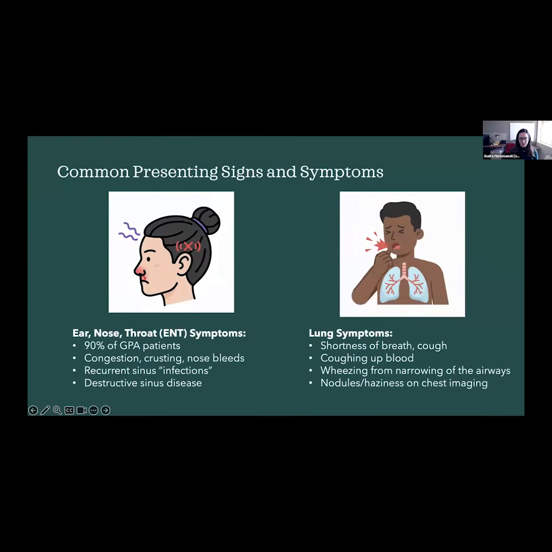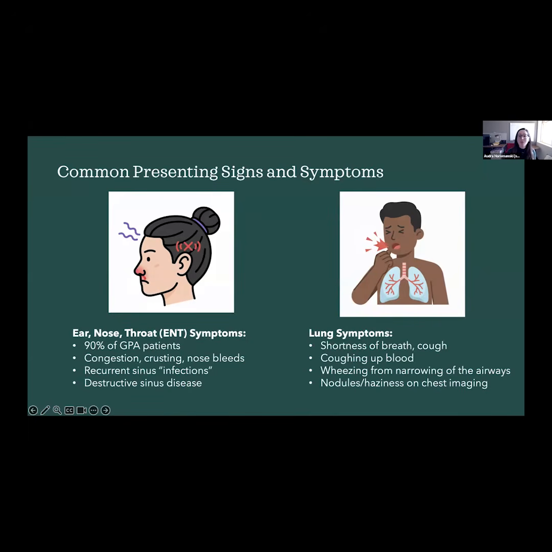Okay, so once that cascade starts, patients present with a variety of different symptoms. And it's important to say up front that because the smallest blood vessels in the body exist in every single organ system, this disease can affect every single organ system. And as somebody who runs a vasculitis center, I get a lot of patients who have unusual manifestations of these diseases. And so I have seen it affect almost every part of the body.